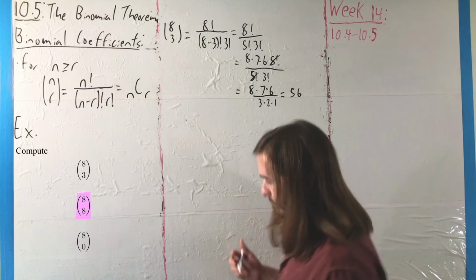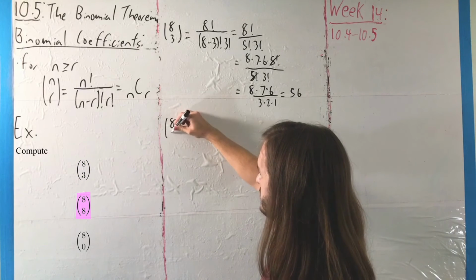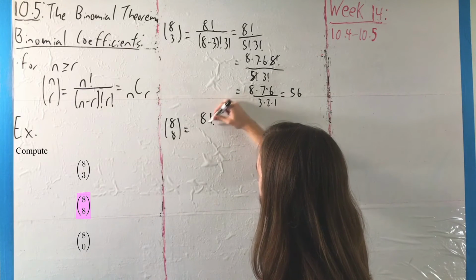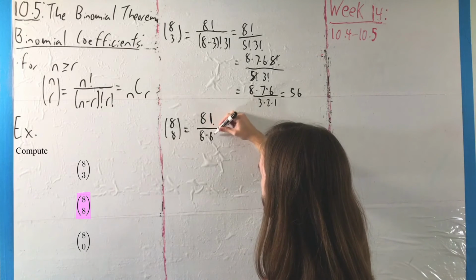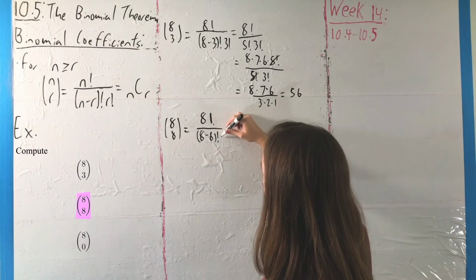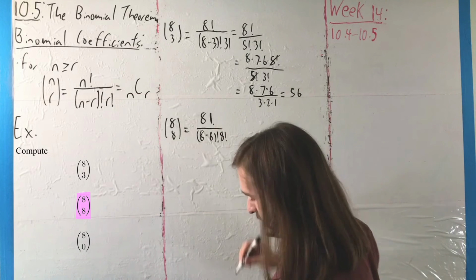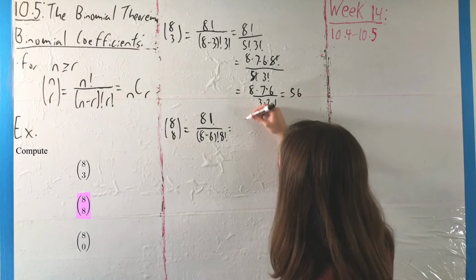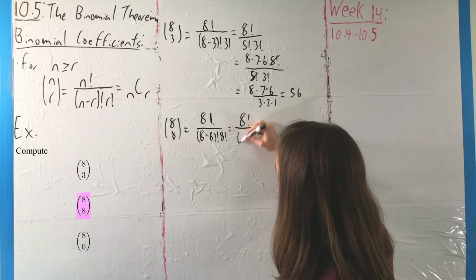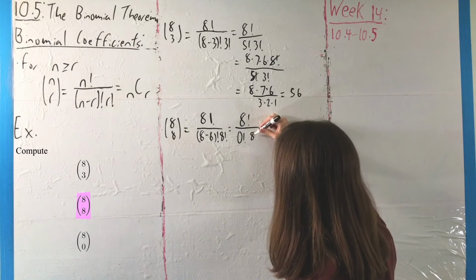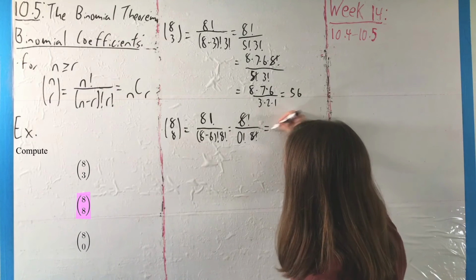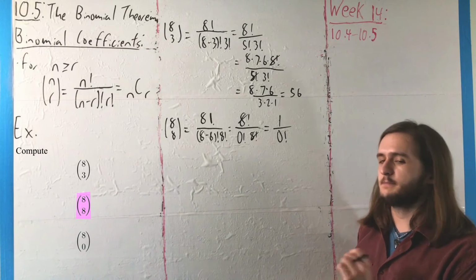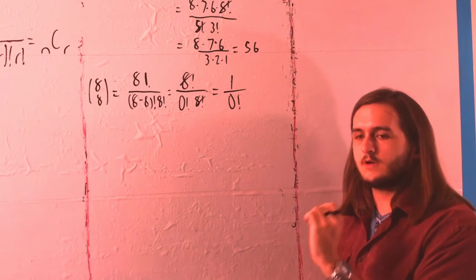In our second case, where we are taking 8 above 8, or 8 choose 8 if you prefer, that will be 8 factorial over 8 minus 8 factorial times 8 factorial. Well, that's quite a lot of 8s. But what we're going to see here is we have 8 factorial over 0 factorial times 8 factorial. The 8 factorials will still cancel, and we'll be left with 1 over 0 factorial, which might seem like it means it's time to panic because we're dividing by 0 somehow, right? Aren't we dividing by 0? Oh no, oh no, no. But